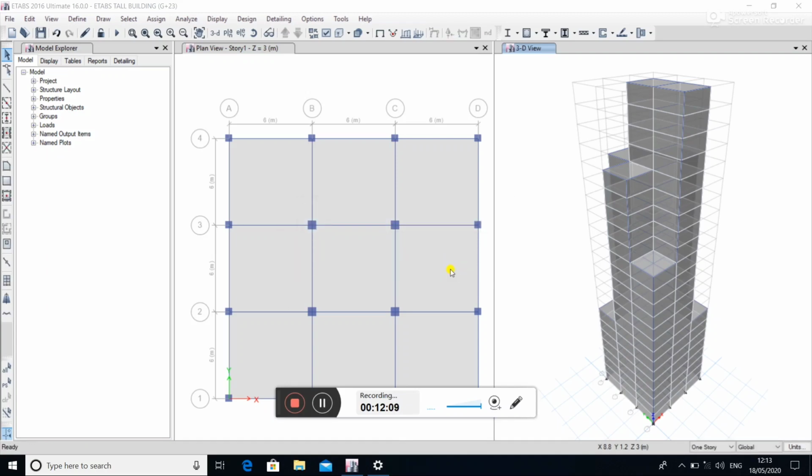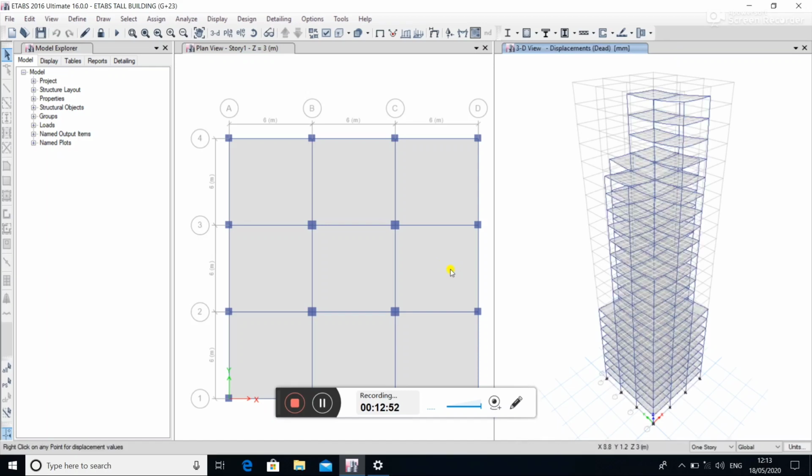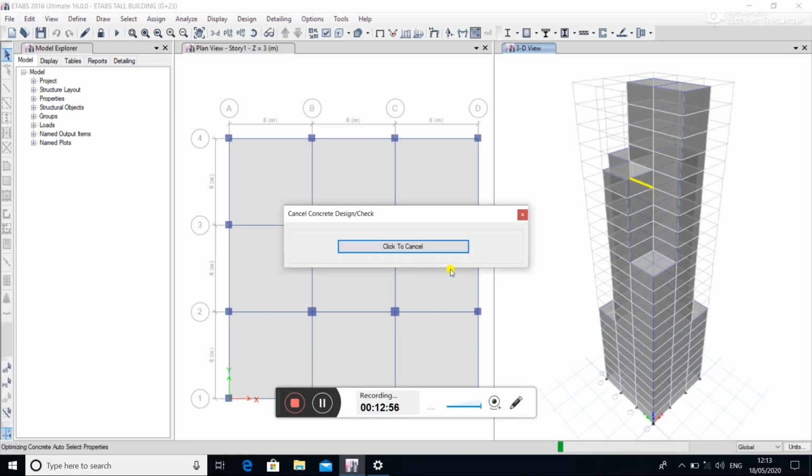Click on Yes. Wait for some time until the design is done.